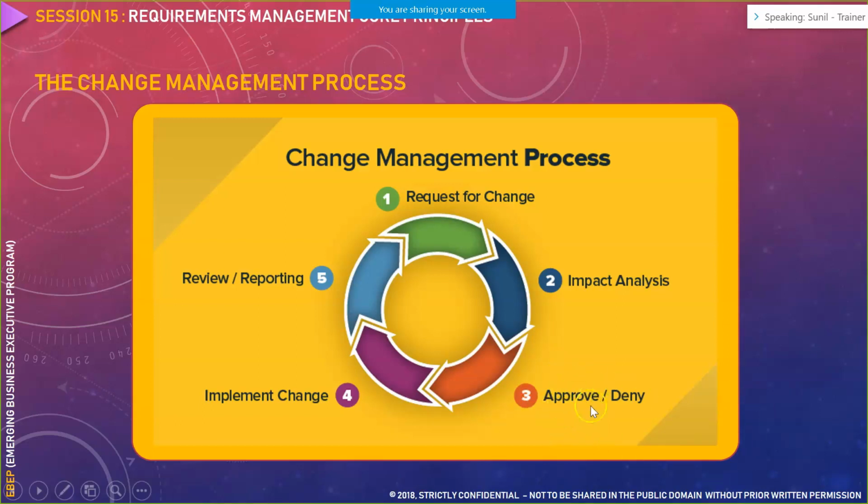Now, approval chances are higher than denial because he has requested the change. Once he has approved it, we go about implementing that particular change. Implementing that change is essentially coding and developing it, followed by testing. Once that change is implemented, you can review how it has impacted our system and whether it is giving the necessary outcome or not, and you can maintain a report that, based on your change request, this is how it is working.